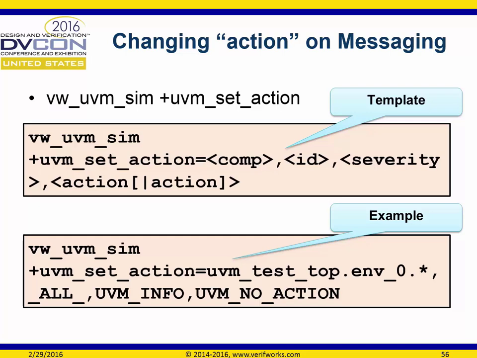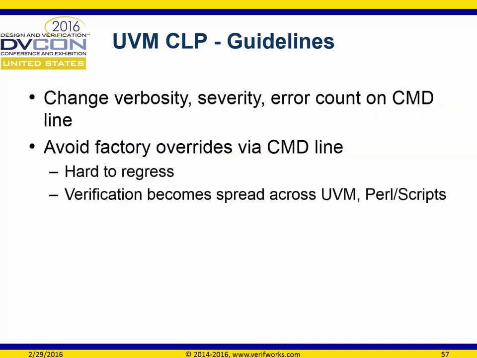What this does appears a little cryptic. What it really does is there may be a count of the number of info messages that you're getting from a simulation. And you may have chosen to take some action based on that. This thing will shut it off. So there's a lot of options that are available with the command line processor. The recommendation I have is that you go look at the doc